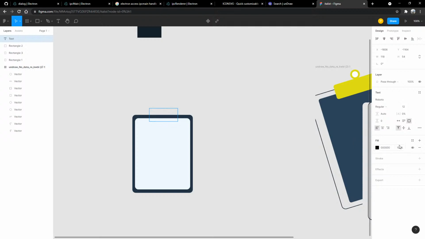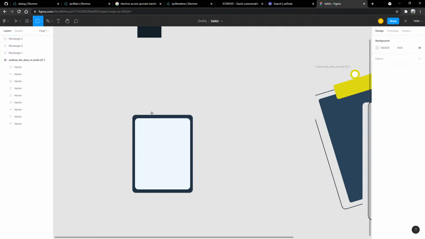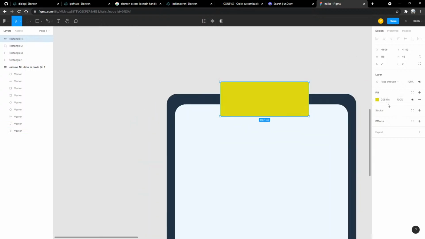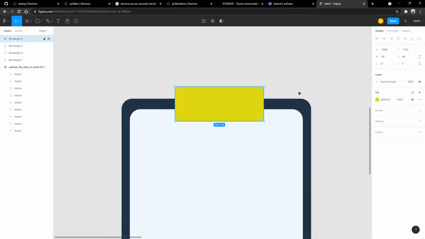Let's make that. Wait, what did I select here? Let's have a rectangle, make it this color. We can do border radius, make it centered, pull it a little back up,